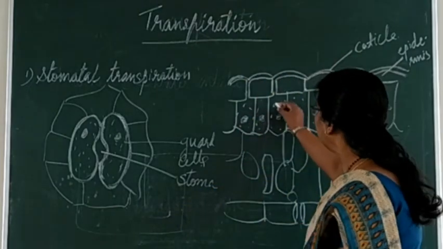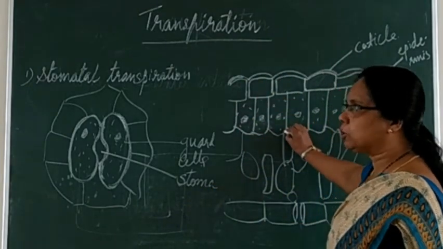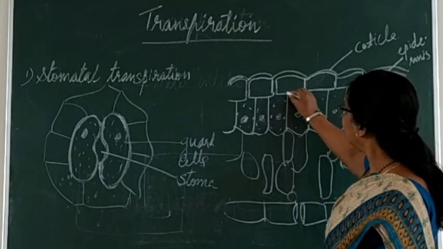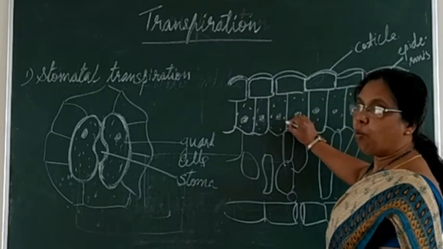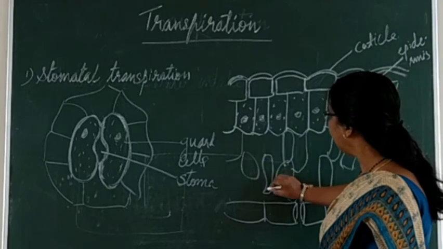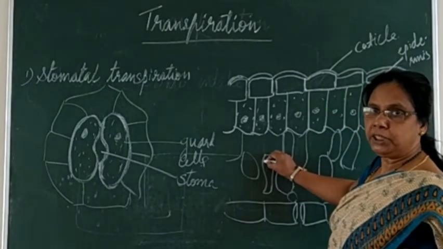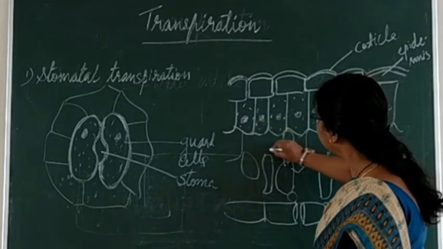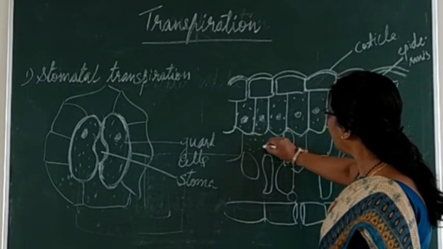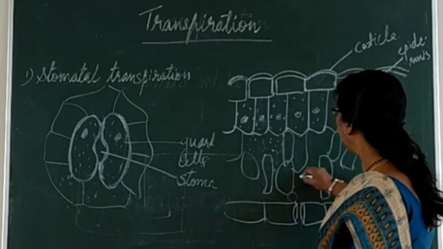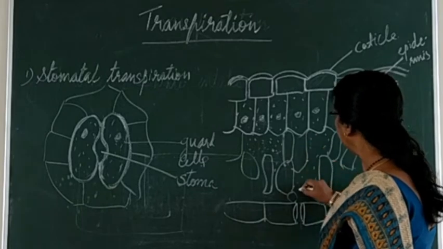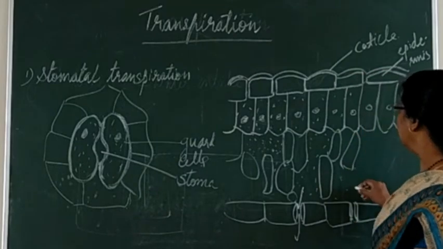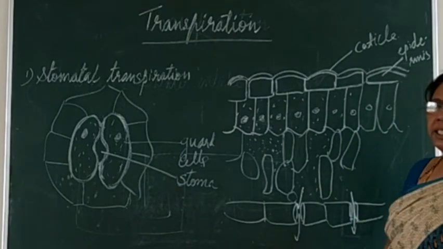So from cell to cell, by osmosis, and by imbibition it takes up and reaches the cell. Here, on the surface, it releases the water on the surface of which cell? Yes, the spongy mesophyll. And here, due to evaporation, it will form fine droplets. Okay, and finally it will diffuse out through this opening. This water will diffuse out.